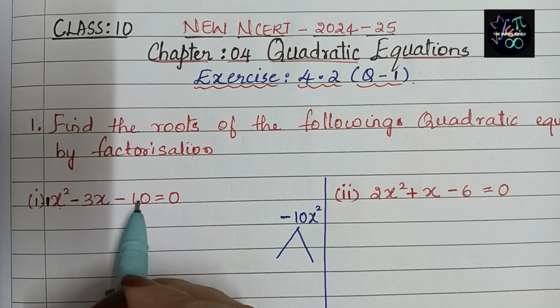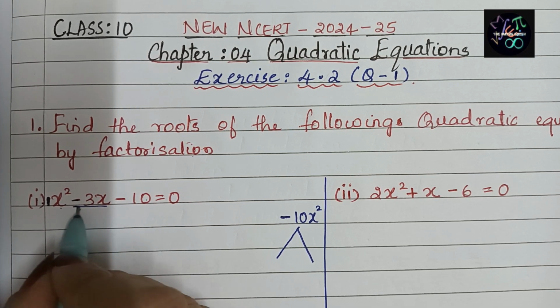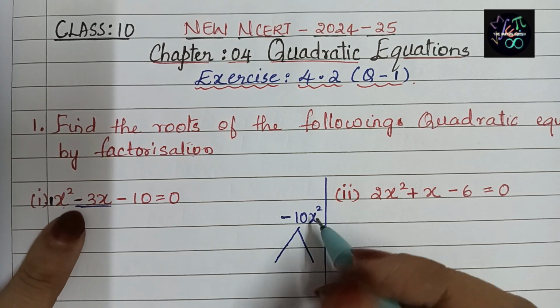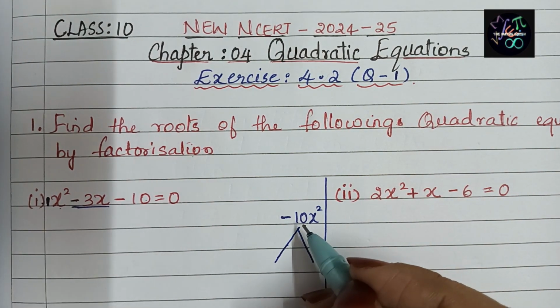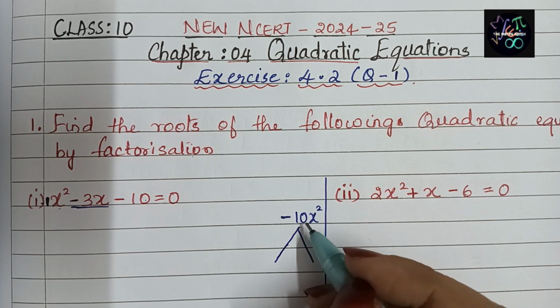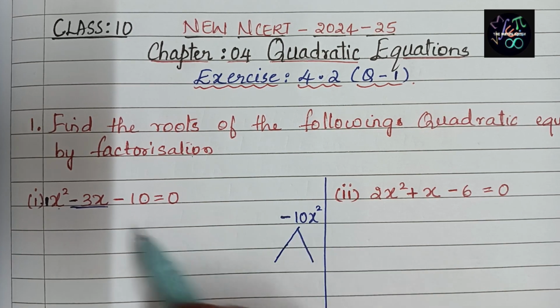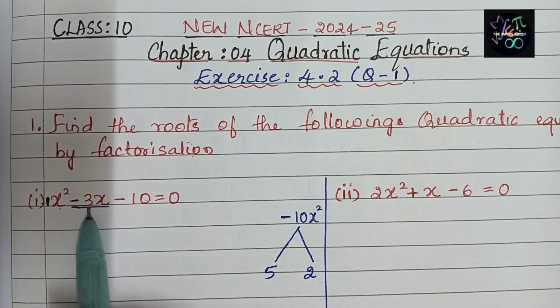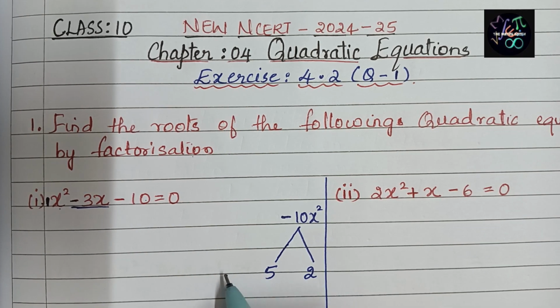First and last we have multiplied, so what is remaining now? The middle number is remaining. When we add or subtract we should get this middle number, but when we multiply we should get this number. First we will see for multiply. We know 5 2s are 10. 5 plus 2 is 7. We don't have 7 here. 5 minus 2 is 3. But we want minus 3. So what we will do? Minus 5 plus 2. Correct? 5 2s are 10. Plus, minus, minus.